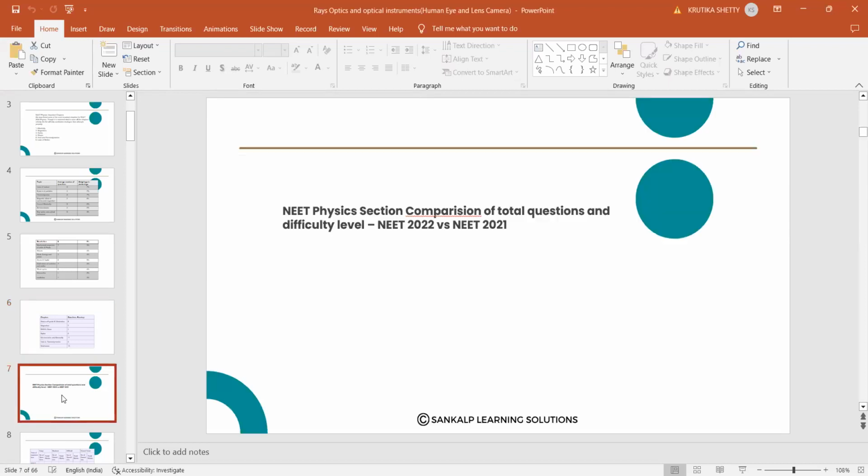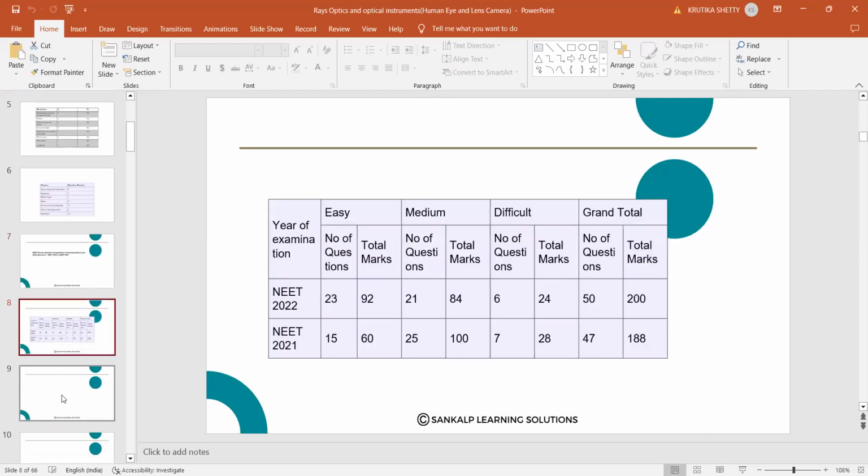Okay, here you have the NEET physics section comparison of total marks and the difficulty level in the previous years. 2020-23 ಇನ್ನೂ ಸಿಕ್ಕಿಲ್ಲ. So 2022 and 2021 I have. You'll ನೋಡಬಹುದು ನೀವು, that is 2022 easy questions ಎಷ್ಟಿತ್ತು, that is 23. Then in 2021 ಅಲ್ಲಿ 15 ಇತ್ತು, ಇದು ಮಾರ್ಕ್ಸ್ ಆಗುತ್ತೆ ಮೀಡಿಯಂ. So then ಯಾವ ತರ ಕ್ವಶನ್ ಪೇಪರ್ ಸೆಟ್ ಮಾಡ್ತಾರೆ, the question paper level will be easy, then medium, then difficulty level. Difficulty level ಅಲ್ಲಿ ಏನಾಗುತ್ತೆ, maximum application based questions ಇರುತ್ತೆ, ಸ್ವಲ್ಪ ಟ್ವಿಸ್ಟ್ ಆಗಿ ಕೇಳ್ತಾರೆ ಇಲ್ಲಿ.